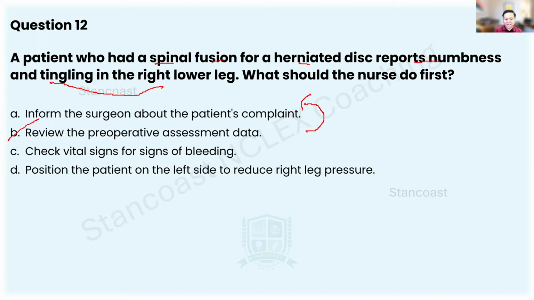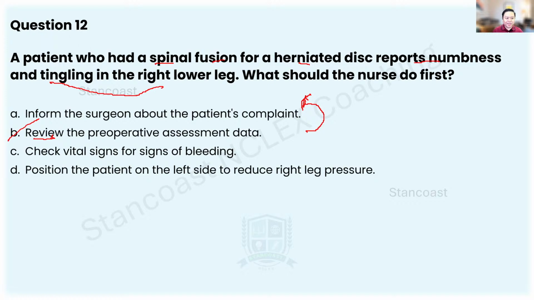All right? You should promptly call if you have already done the review of the previous assessment data, and if these are worsening symptoms, or if these are new symptoms, then definitely you make that call. All right? But don't do the opposite